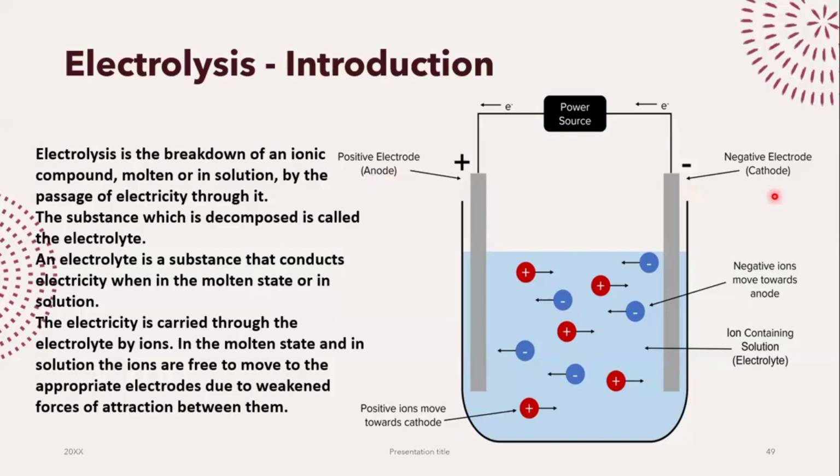If you talk about a battery, a cell, because a battery also has electrodes in it. But in a battery, I am not going to use electricity. I'm going to be producing electricity. So in a battery, I'm producing electricity, but in electrolysis, I am using electricity. So in a battery, it's actually opposite. Positive is cathode and negative is anode. Okay. So please keep in mind that positive is anode and negative is cathode only applies